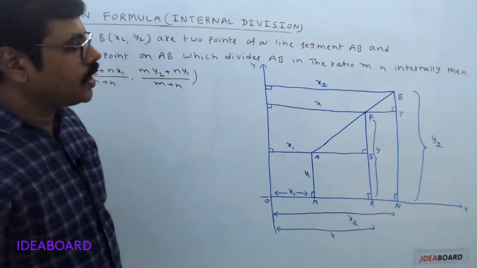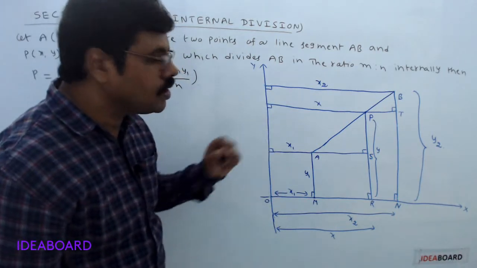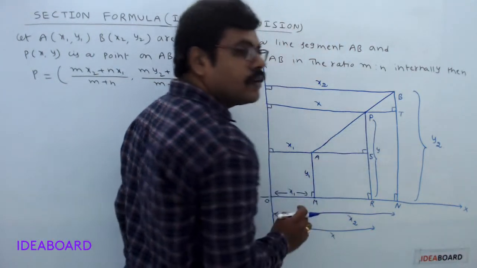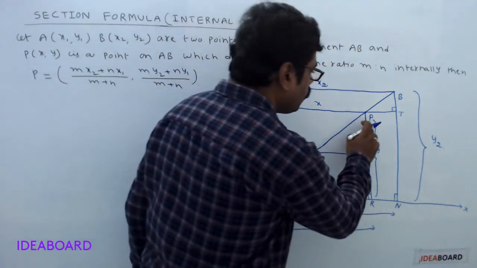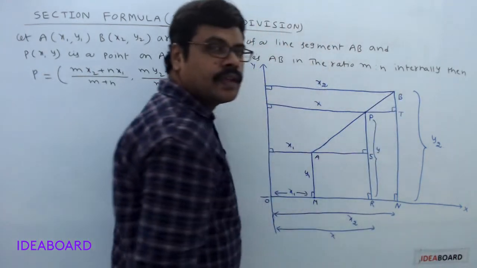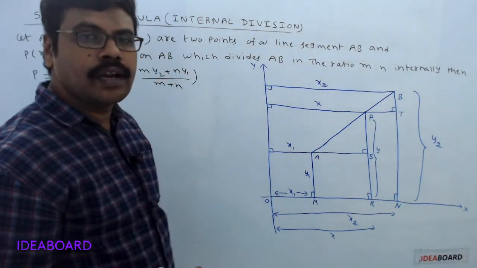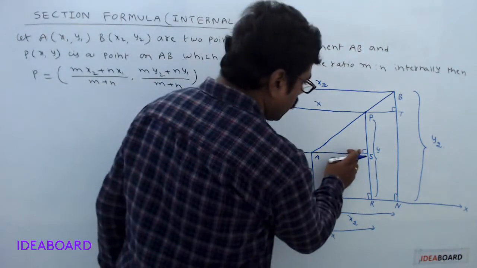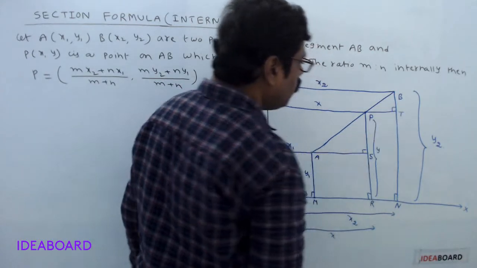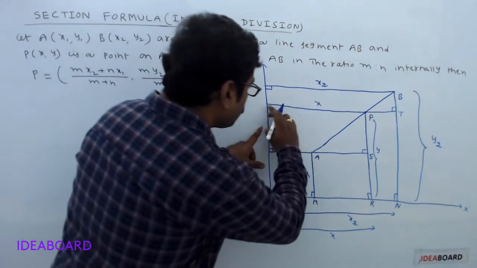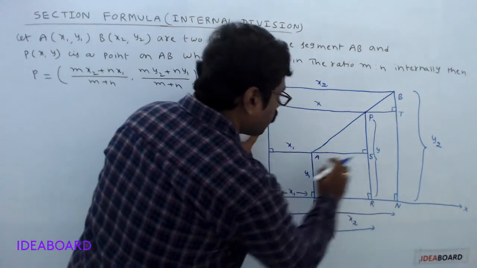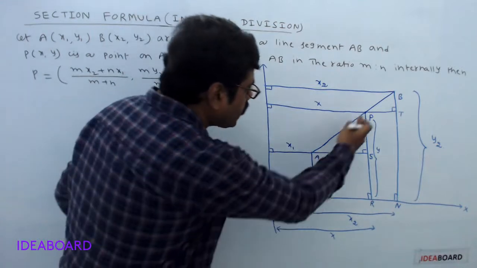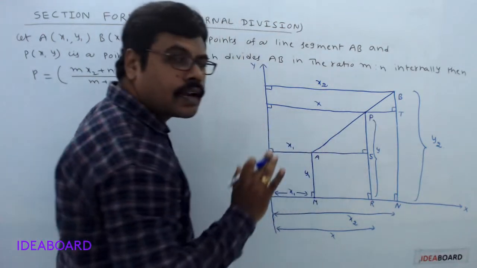Now if you observe the diagram, there are two triangles in your diagram. First one is ASP. Another triangle will be PTB. Are these triangles similar triangles? We will verify. Here this angle is 90, this angle is also 90. Now here this line and this line are parallel. So this line acts as a transversal.